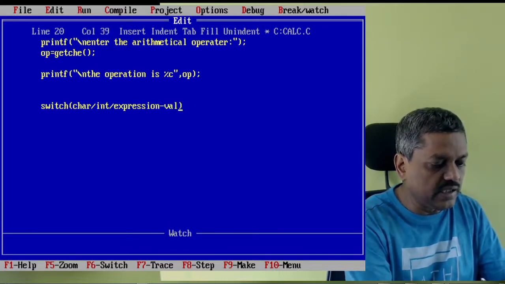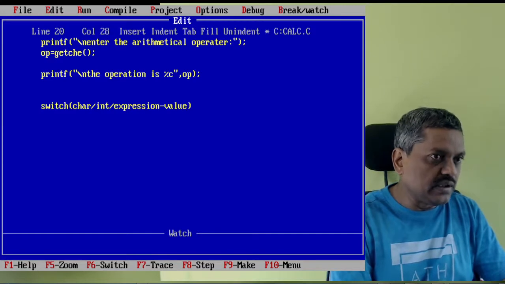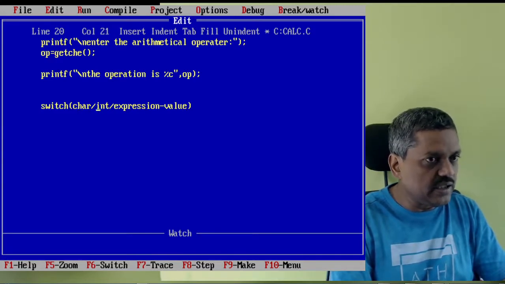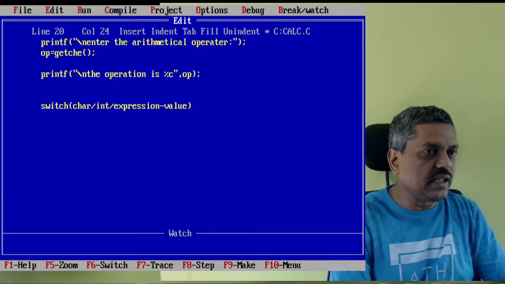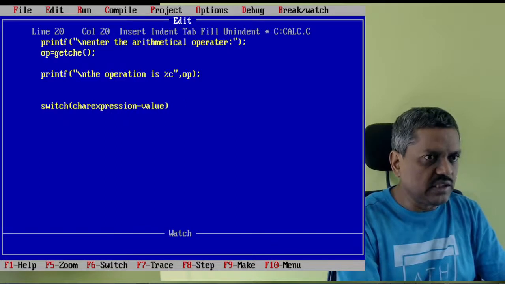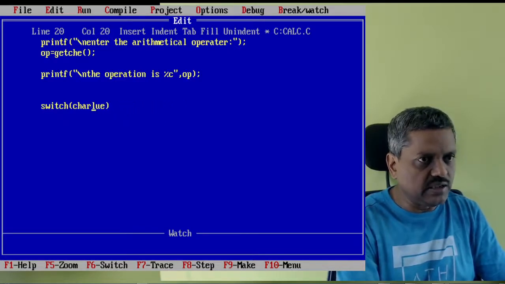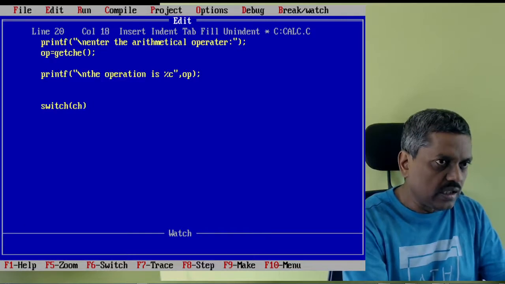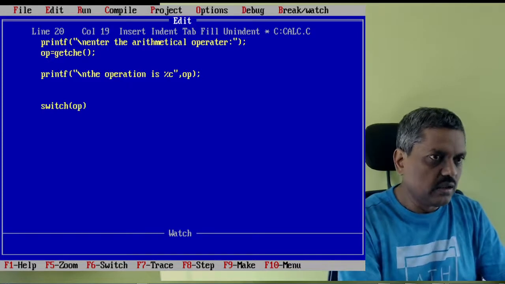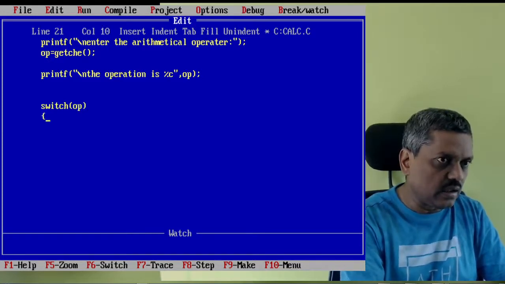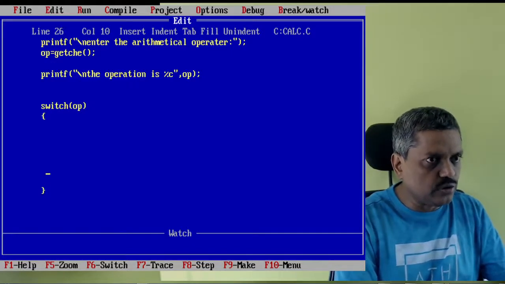This is very important. That means it can simply be a character, or an integer value, or an expression which is evaluated to a value. That value, if evaluated, can be an integer, or sometimes even a character. We know that we are entering this character value through the keyboard, and that is stored in what is called operator. Okay, so this is enough. Based on this operator, whatever symbol we enter, we are supposed to do something.